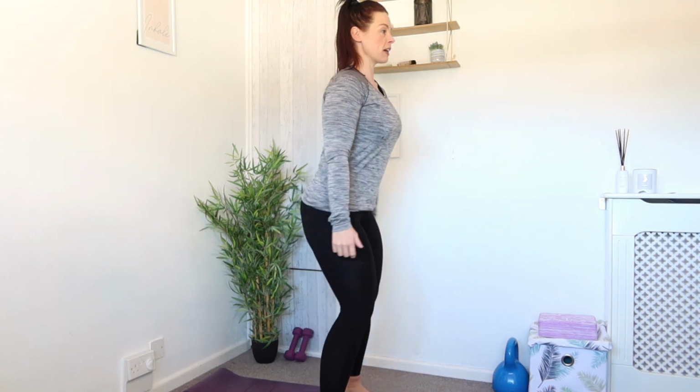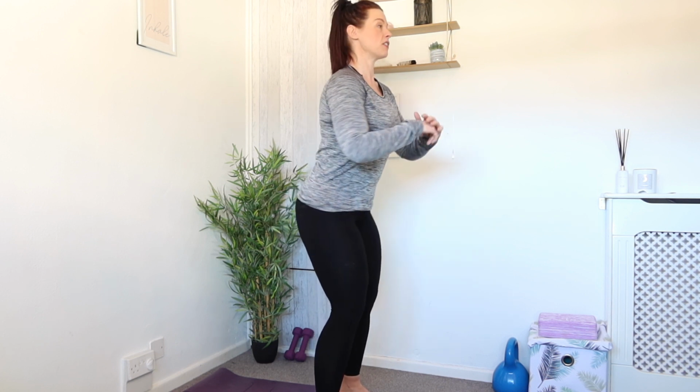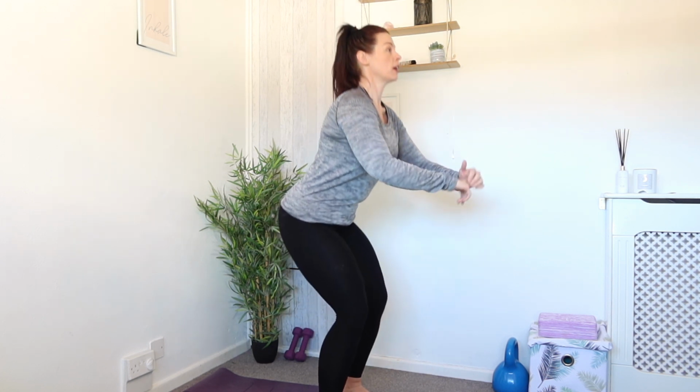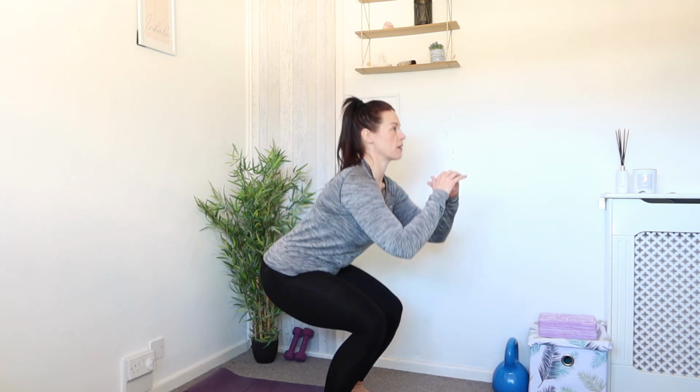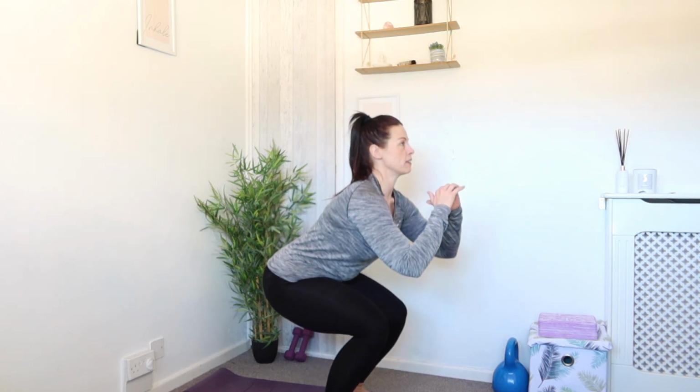So I'll show you from the side. We're just going to take it down, sink bum back, and then up. Now we will do different variations today of our squats. And stand. Take it down and up. And again, depending on your level,